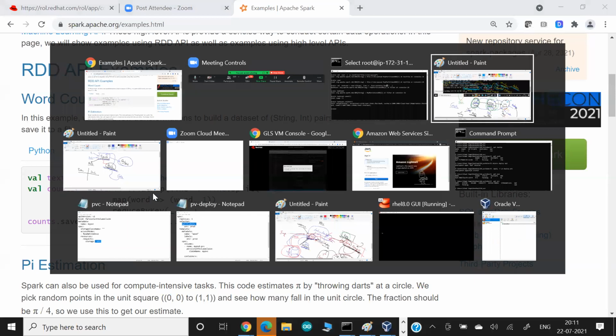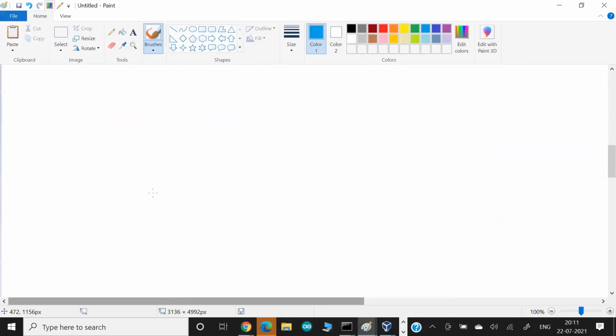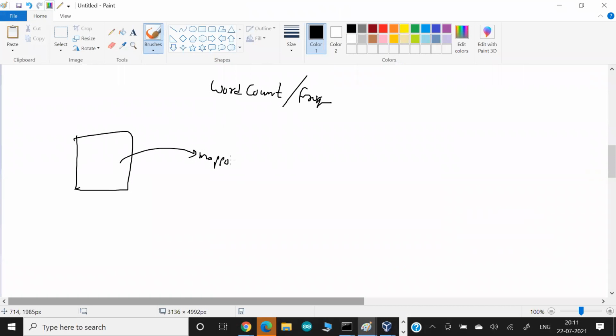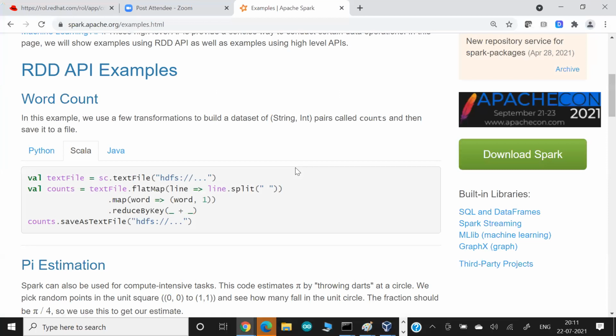If you guys remember in our Hadoop classes, I explained a concept called word count, or maybe word frequency. If you have a file, in the file we do mapper, then we do reducer, and reducer will finally give you a word count. How this word count or word frequency example works with mapper and reducer, I already explained to you, but very quickly, let me explain one more time.